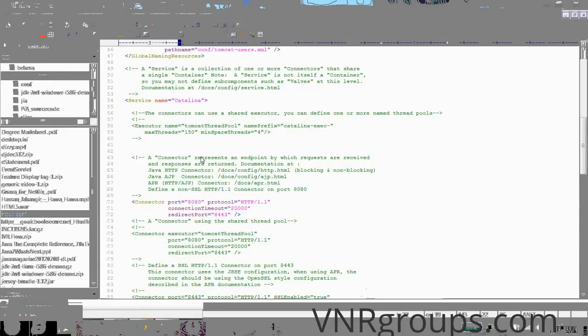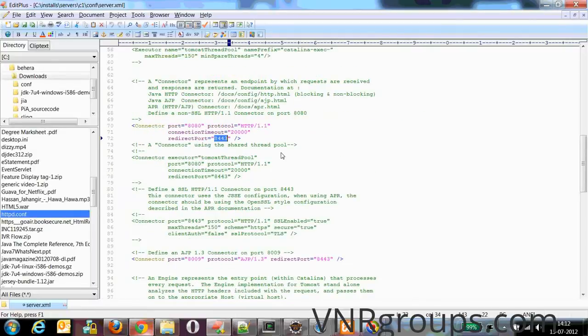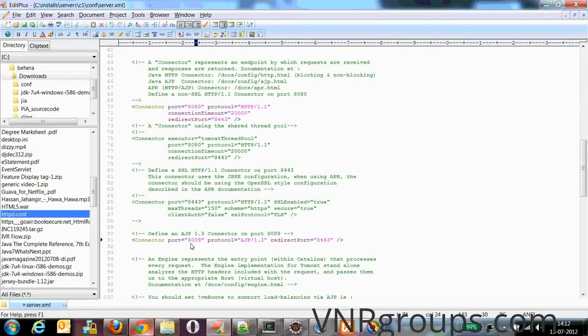Then 8080 is the default port where you can access your application. 8443 is the default SSL port. Now you can see an entry called Connector. The port is 8009 and the protocol is AJP. Through this protocol and this port number, mod JK will connect to the server.